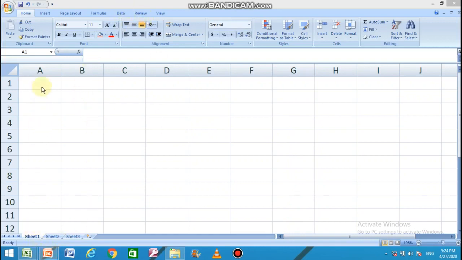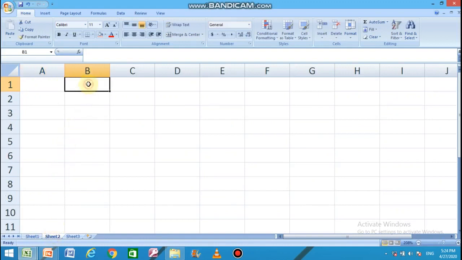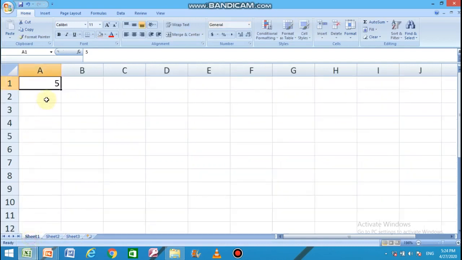Suppose in sheet 1, in the cell A1 I typed 5. In sheet 2, in cell B1 I typed 5, and I want these two values to be added, and the result I want in sheet 3. How to do this? Very easy.